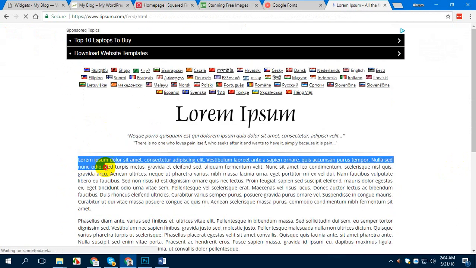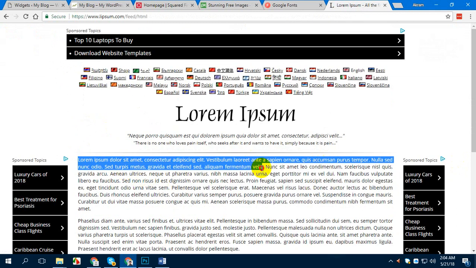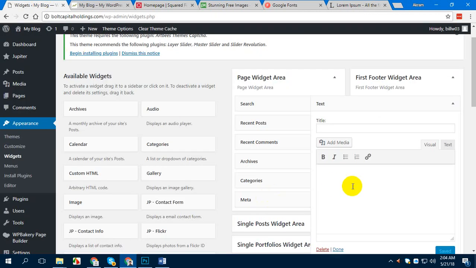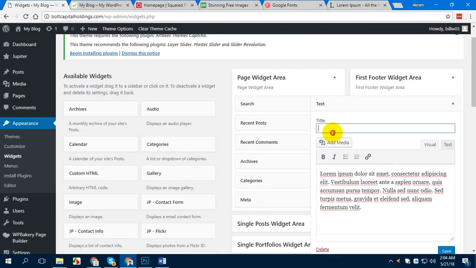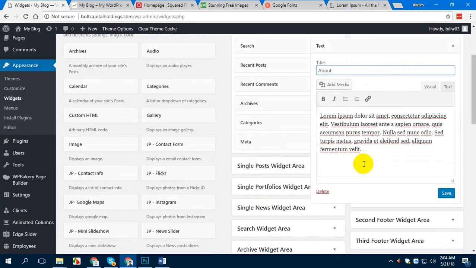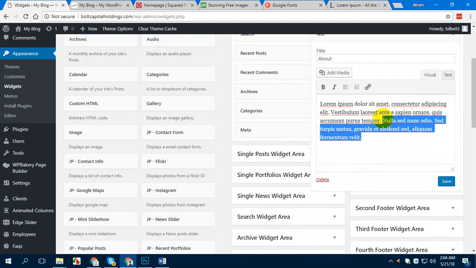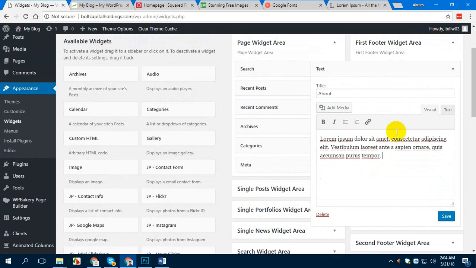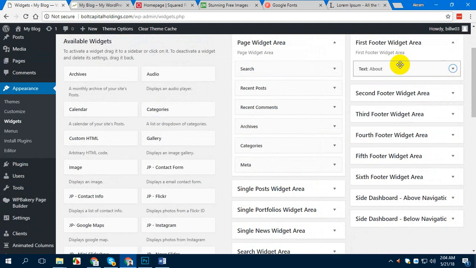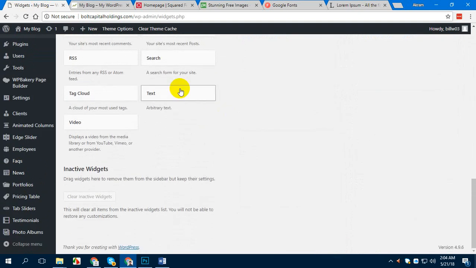So I'm going to put some about information. This will be a little bit about. So the name will be about, and I'm going to put like this. Once I add something in the widget, I will have to click on save. So I have added something in the first footer. Now in the second footer